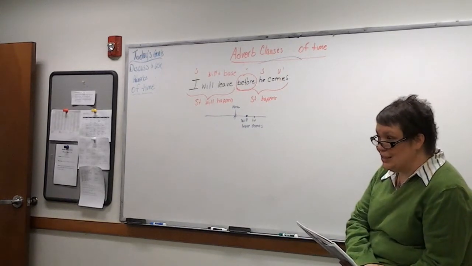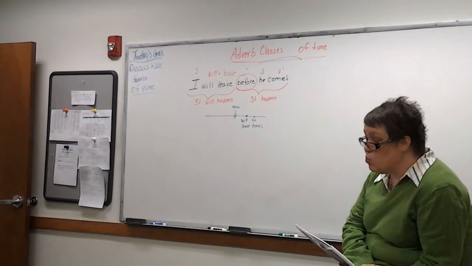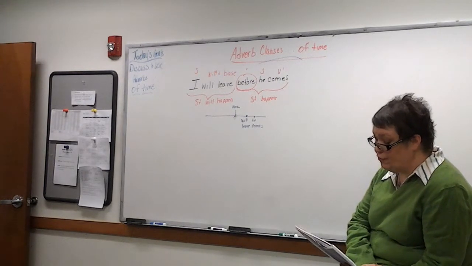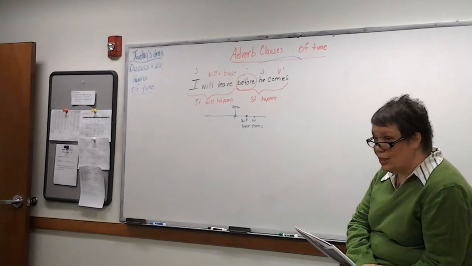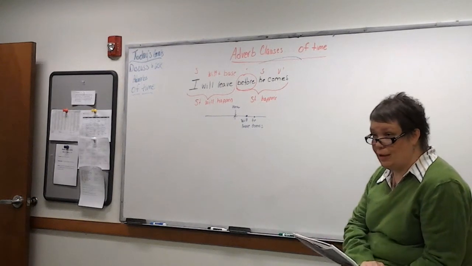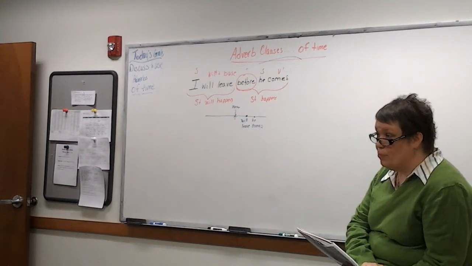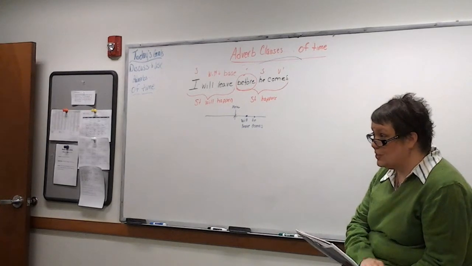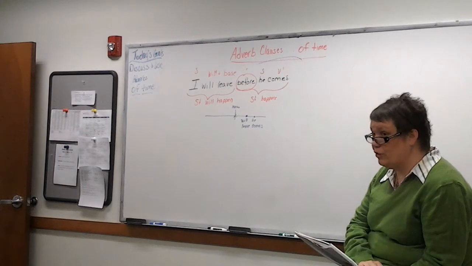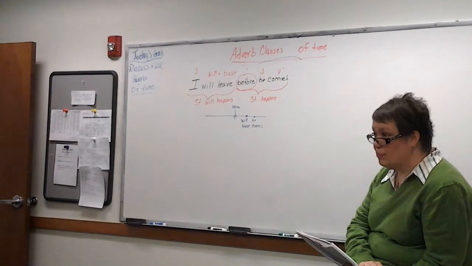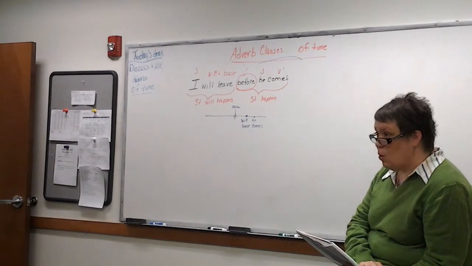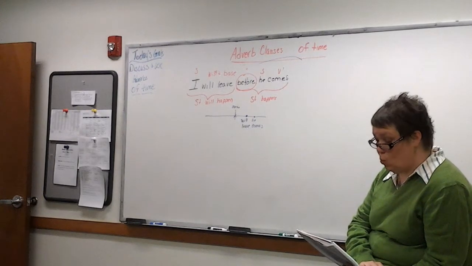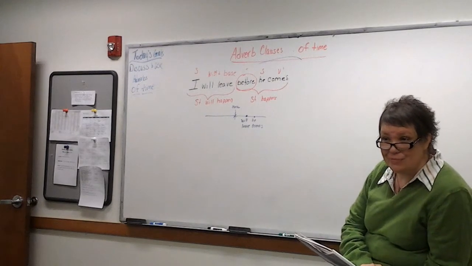Now I want you to look at this sentence again. When I arrived, he was talking on the phone. What is when I arrived talking about? What is it modifying? Remember, it's an adverb clause, so it's giving more information about a verb. Which verb? Was talking. When were you talking on the phone? Well, when I arrived.